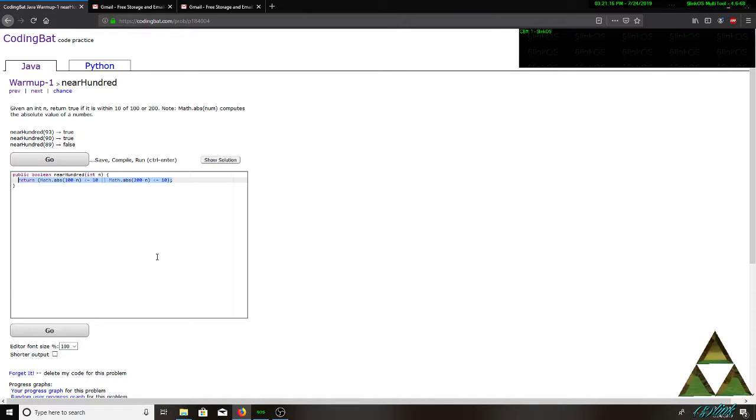So the first problem is: given an int n, return true if it is within 10 of 100 or 200, and it gives a hint to use the absolute method in the Math class to return the absolute value of the numbers. So we simply just do return